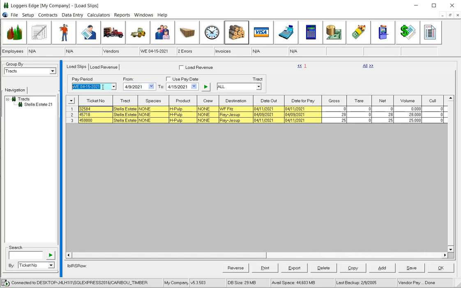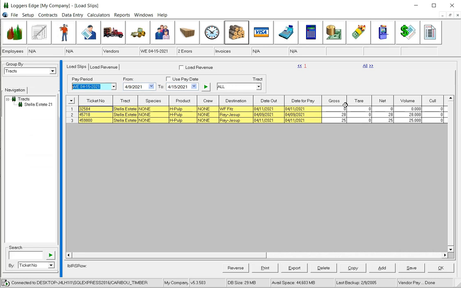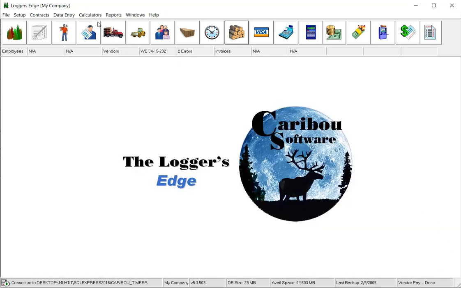Now, once I have more than one pay period set up, this auto selection is not going to occur anymore. You're going to need to drop your little drop down list down here, and then you'll see all of your pay periods that you've set up and have left as active periods. So in any event, we are now ready at long last to get the software to calculate our pay owing